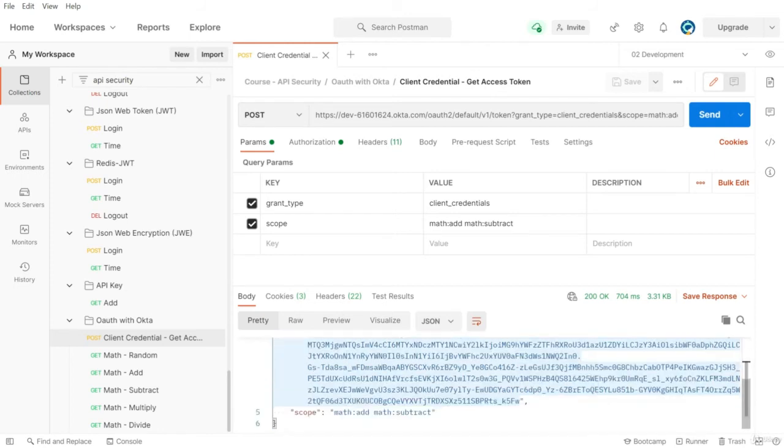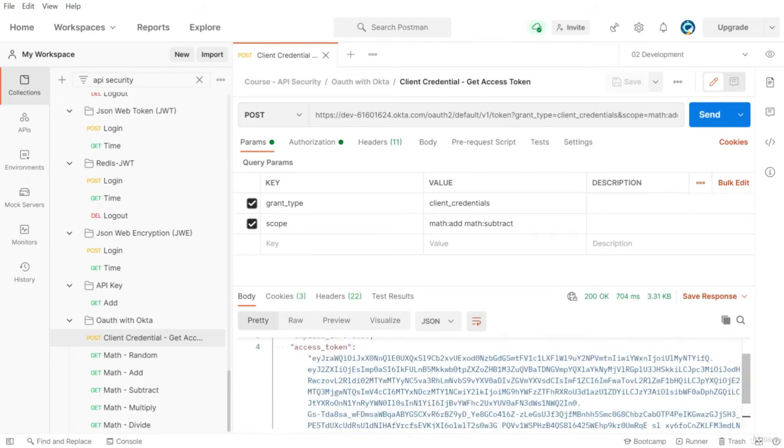Note that the access token in this Okta sample is a JWT, but other authorization servers might not return a JWT. The format of the access token depends on each authorization server. Last is scope. Since we asked for 2 scopes and there is no restriction in the Okta configuration, we get an access token for those scopes. Now that we have the access token, copy it.